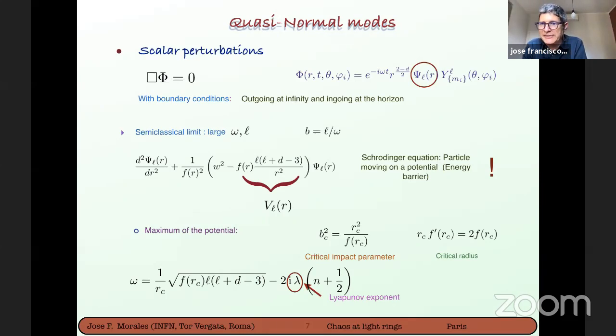In the expression for omega, there is apparently no way to say that the positive sign of lambda, which indicates chaos, should be the preferred sign. So I was just wondering how the sign of lambda plays a role in this way of looking at things. This is a good point. I have not thought about that, but I think this is a good point. Now I should think more about that.